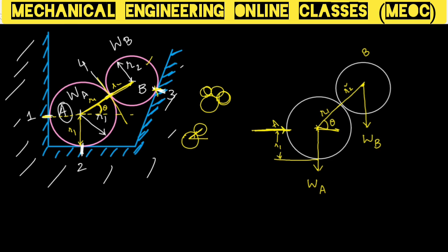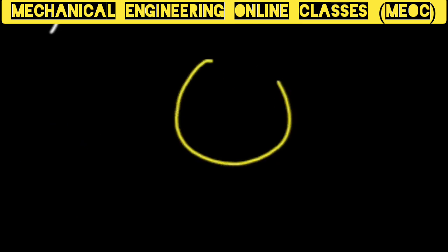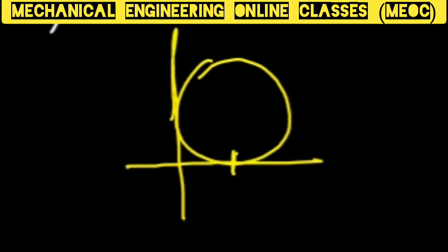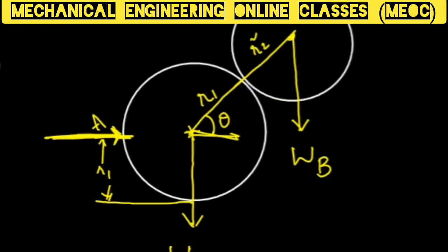We cannot randomly draw a horizontal force, because it is a vertical wall. The normal reaction will be a horizontal reaction perpendicular to the vertical wall. So I cannot draw this horizontal just anywhere here or here. I have to draw it exactly at the point of application, because it is a cylinder. The wall is like this. This particular location and this particular location, if I extend, they meet at the center. So this point will be at a height equal to the radius of the circle, and this point is also at a distance equal to the radius of that circle. So this is the point of application exactly.